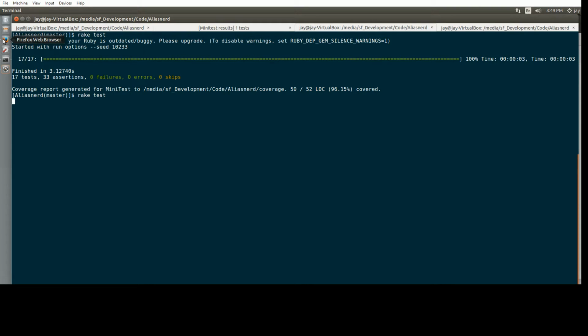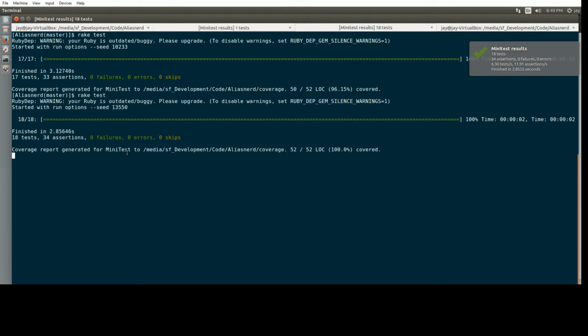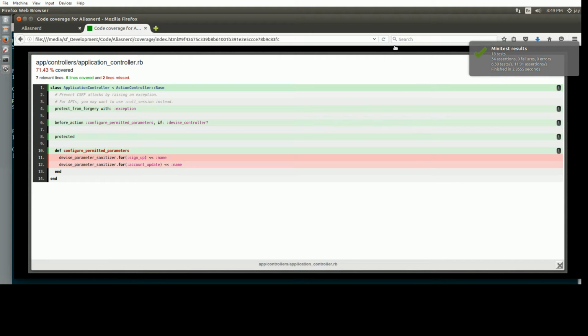So if I'm thinking correctly, this will cover the one line of code that it's missing out of the two. Let's check this out. So oh, I got it both. Okay. Interesting. It's weird why it counts this as being tested, but I guess what happened was it ran through